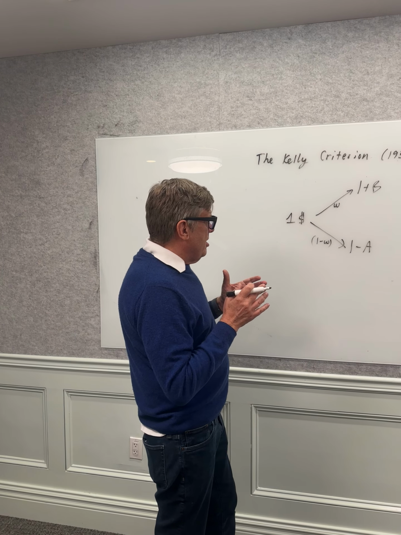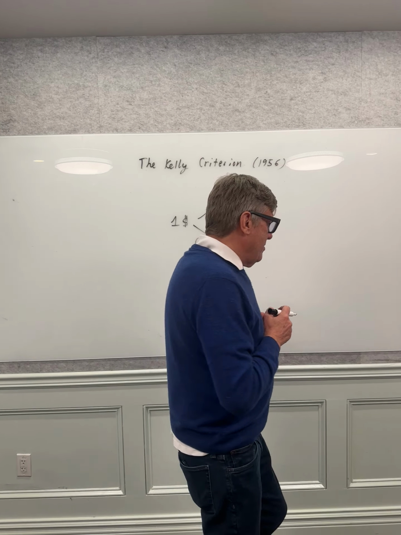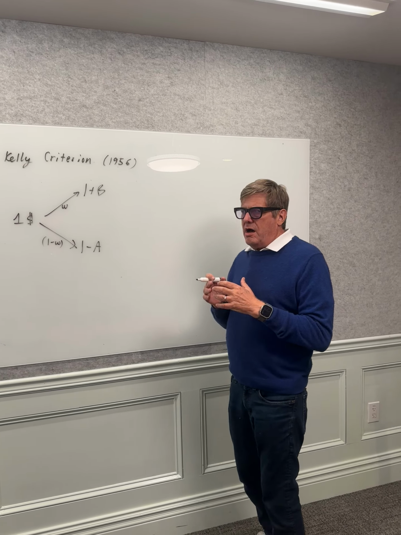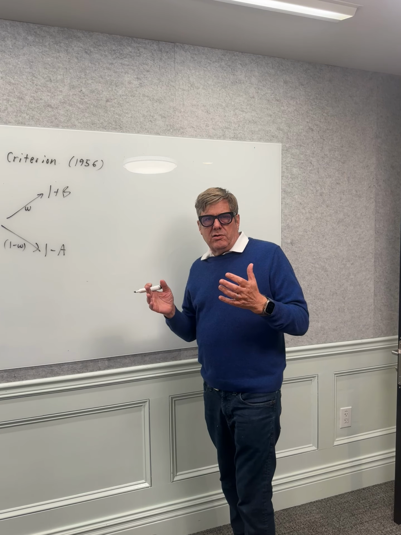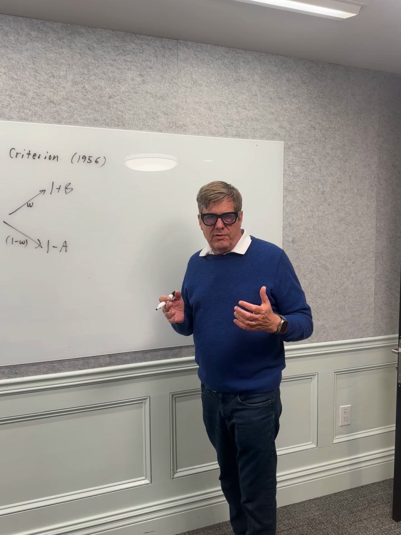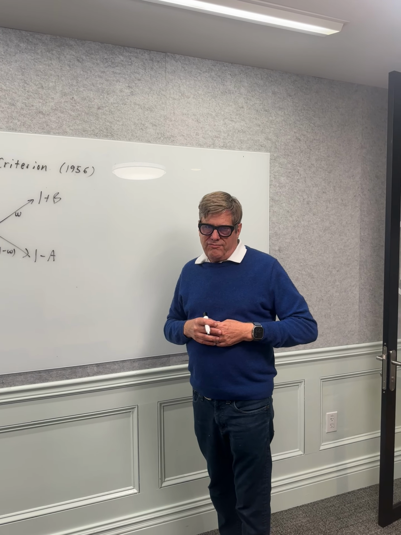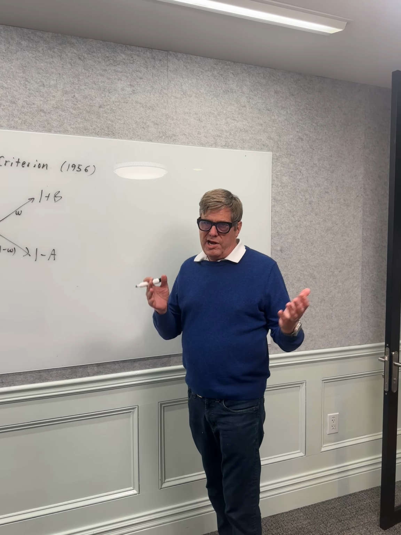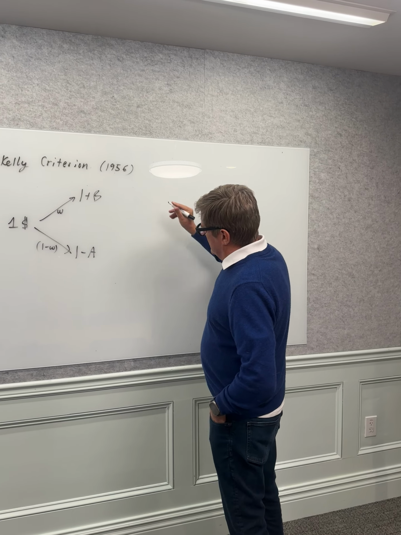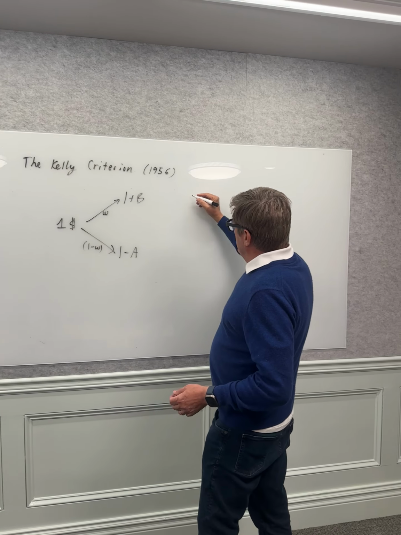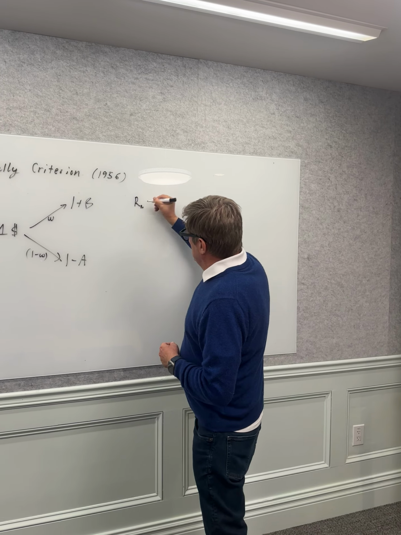So let's talk about a repeated bet. If you're repeating a bet, you're going to be repeating it with a constant fraction of your net worth. Why a constant fraction? Because the game is identical every single time you play it. The only thing that's different is how big your bank account is. So clearly the answer should be just a fraction of your bank account. So the question is, what fraction? What's the best fraction? Well, let's start with this idea of estimating the total revenue at some point n in